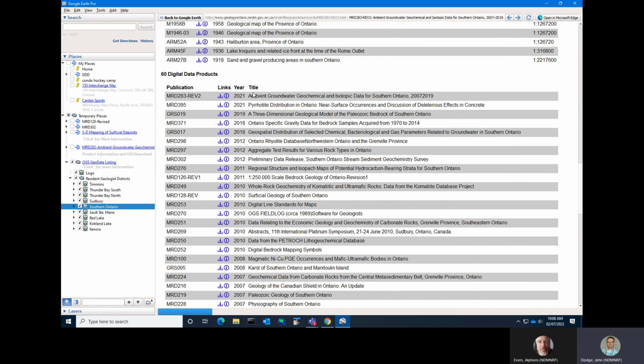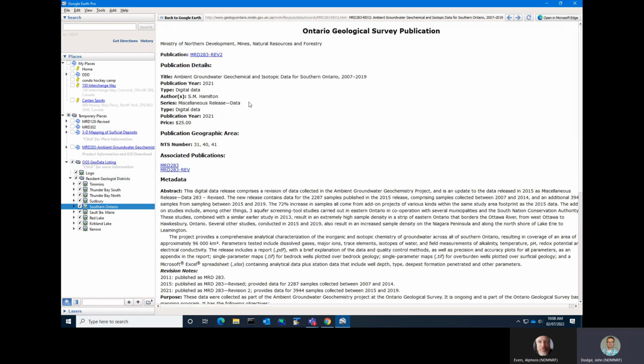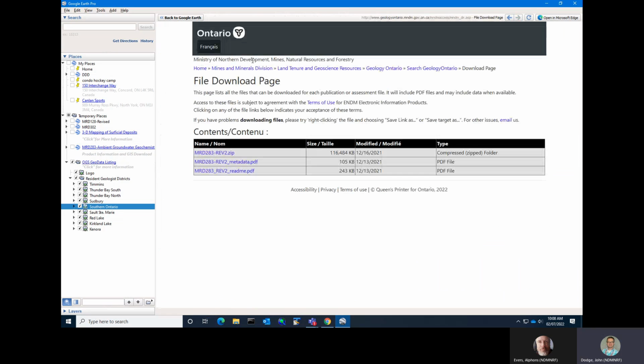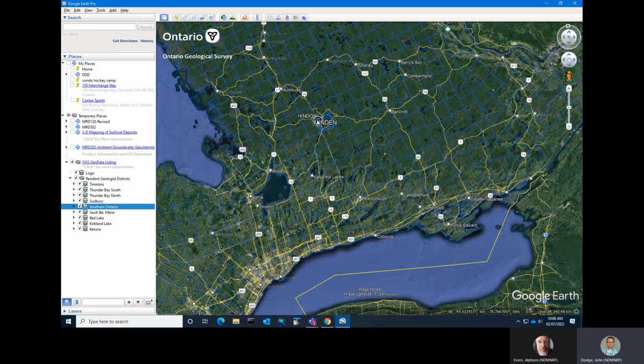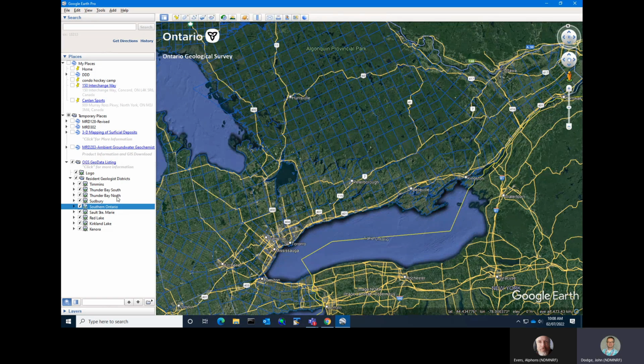At the top, click for more information. And then also within this more information, you'll have associated publications, which is very useful for the users. To download, click the link, and then again, it takes you to the download folder. Now, another thing that we've changed for this data set is that you can search this window down here, and